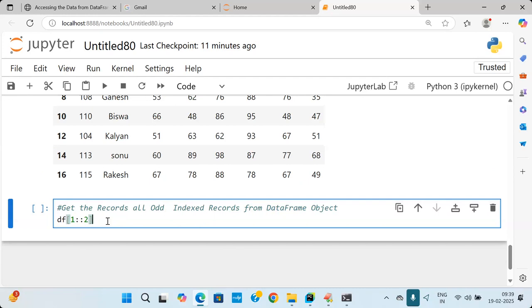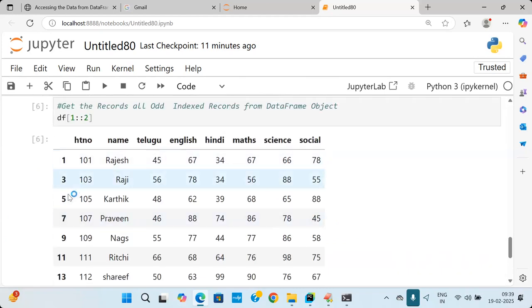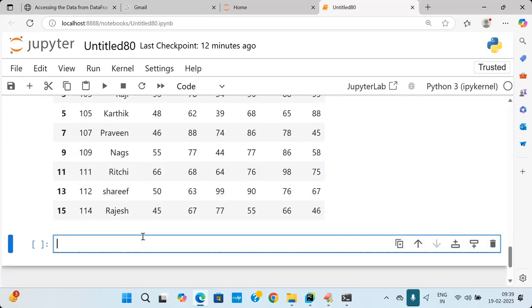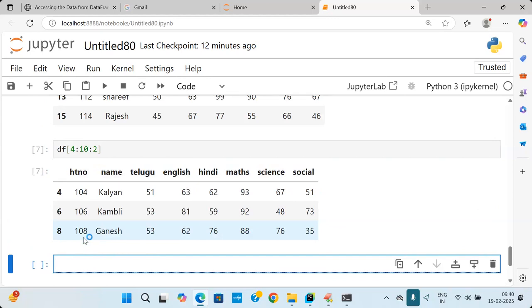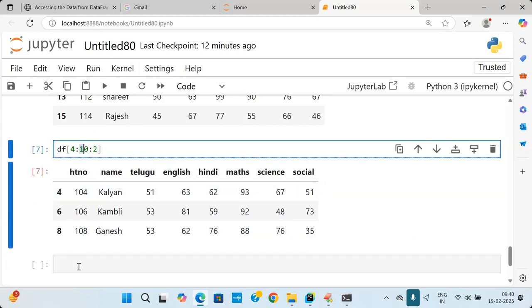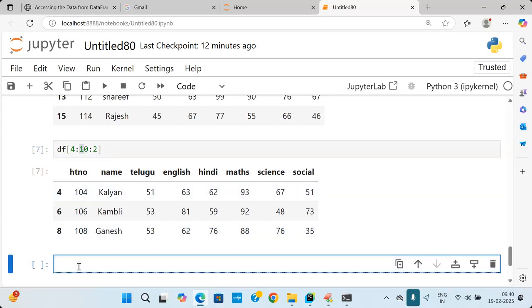So see this 1 colon. So you are going to get what? 1, 3, 5, 7, something like this. Are you following? Now I want to go for another one. 4 colon 10 colon 2, I am writing. 4 plus 2, 6 plus 2, 8 plus 2, 10. 10 is called what? Stop. Are you following me? Easy or difficult? Easy. Now I want to get,